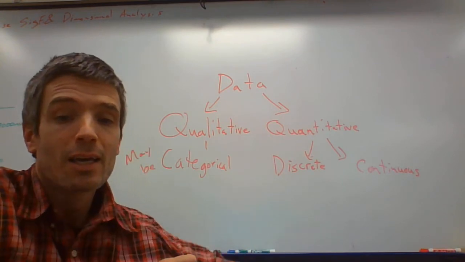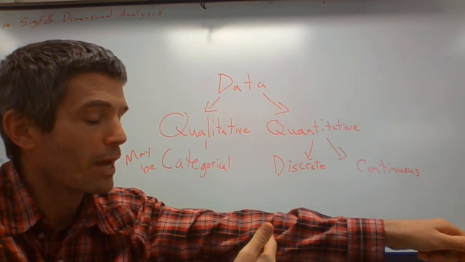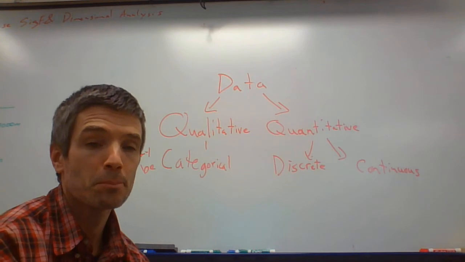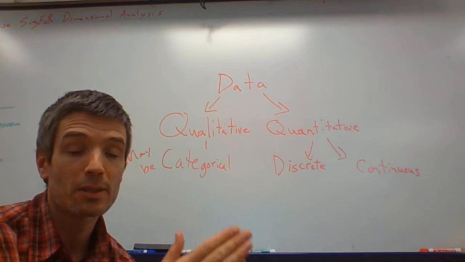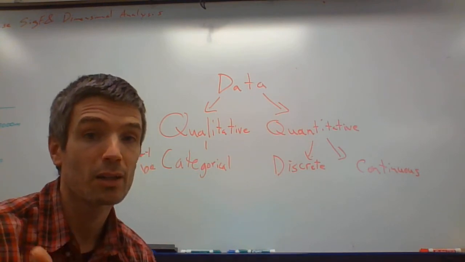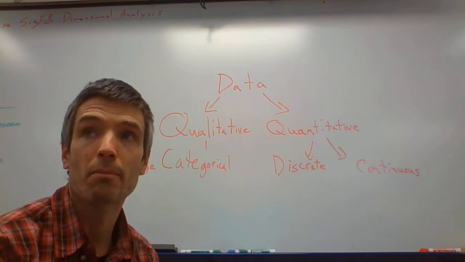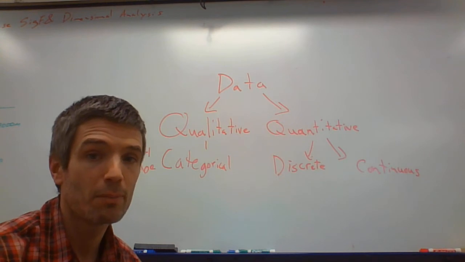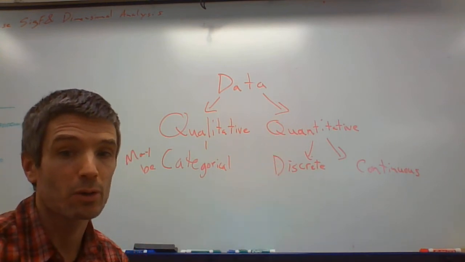Qualitative data is like plaid, black, yellow, red. These are things that are non-numbered. Qualitative data can also be categorical, in that it can be separated into specific categories, like colors could be separated into certain categories. It doesn't necessarily apply to all qualitative data, but it could. On the other hand, quantitative data is numerical data,